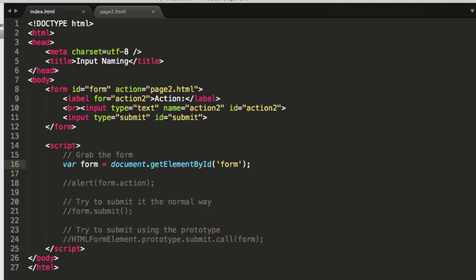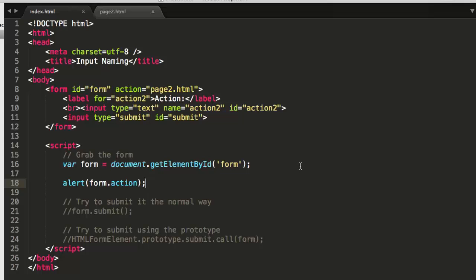I'm using plain old JavaScript here. Then on line 18, I could alert to the screen, pop up a JavaScript message: what is form.action? Right here we start to get into what Joe points out as these convenience methods. So I can say form.action on line 18 to refer to the action attribute of the form itself. Well, that should be